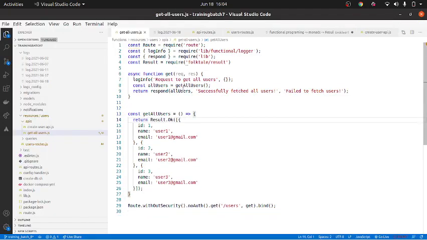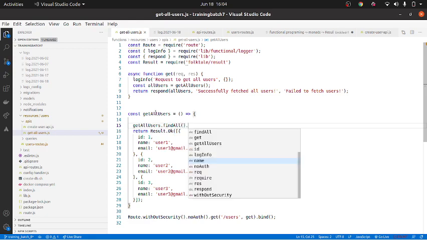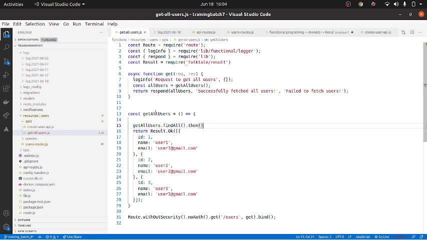Now what I want you guys to do is this. I want you to relook at all the APIs that you have created. I think you have created them for a few resources, like products and stuff. I will give you access to this code base, and what you need to do is create APIs with the new code base, calling the database in get all users. For example, if you have created a user model, you can do user dot find all. Find or find all? Find all. You have then and error, right?